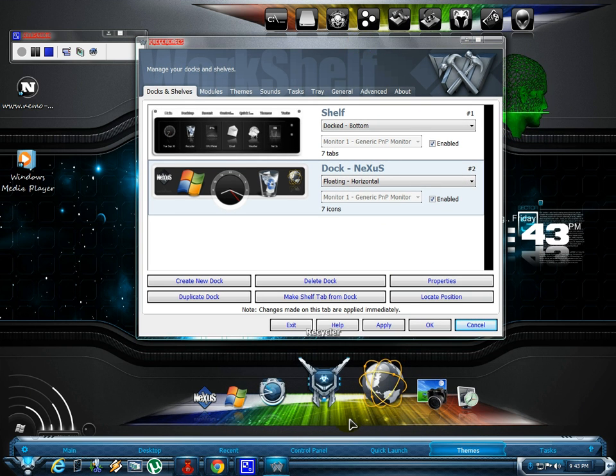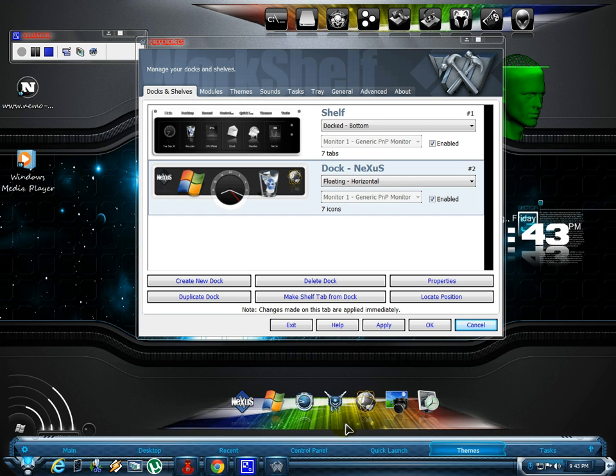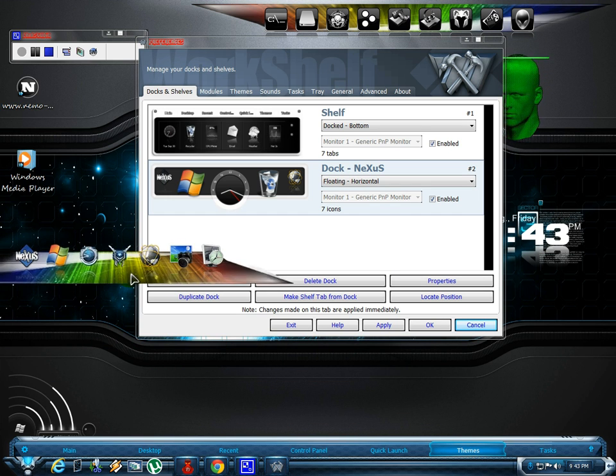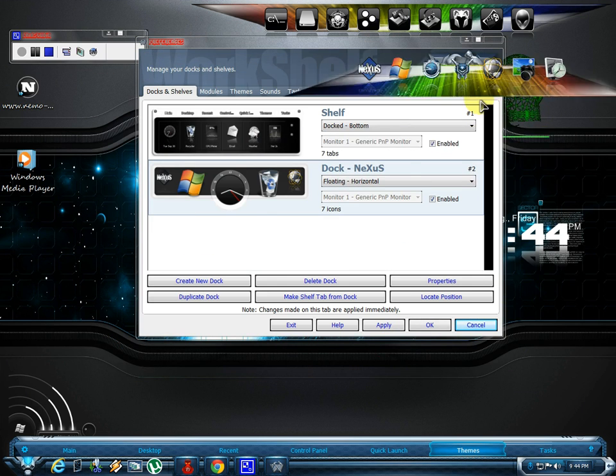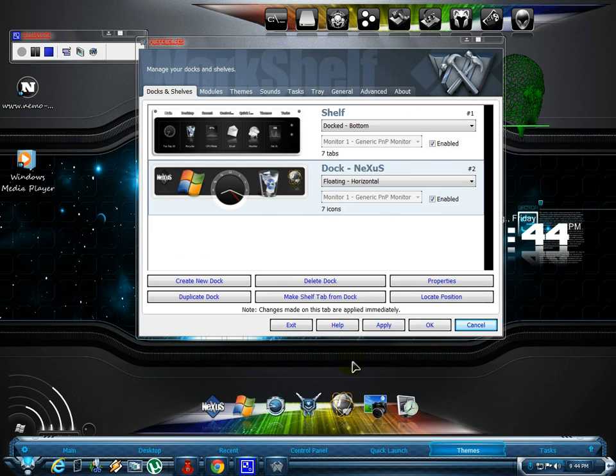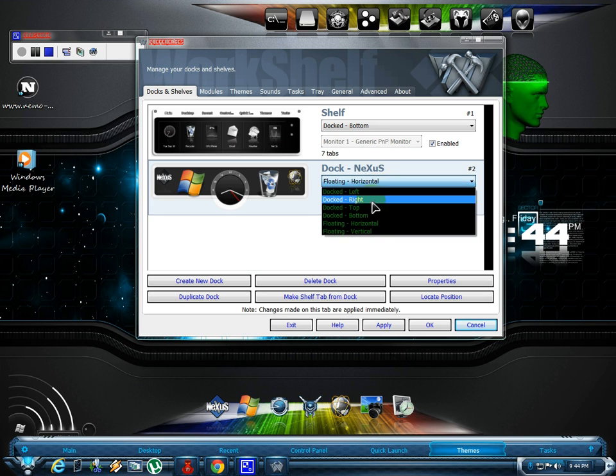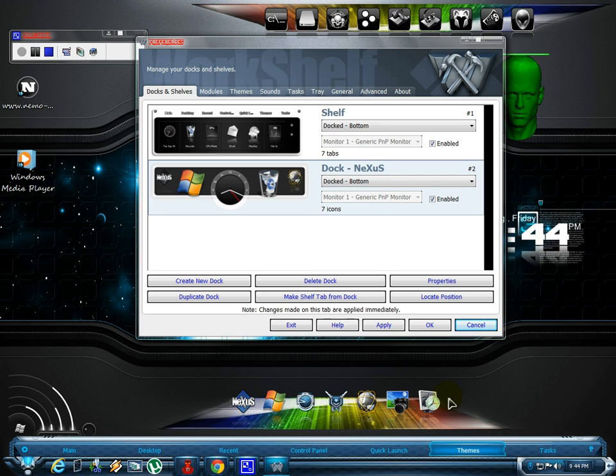Now, if you choose floating horizontal, you can drag your dock anywhere in your desktop, but I prefer it stay on the bottom. After that, just click apply and press OK.